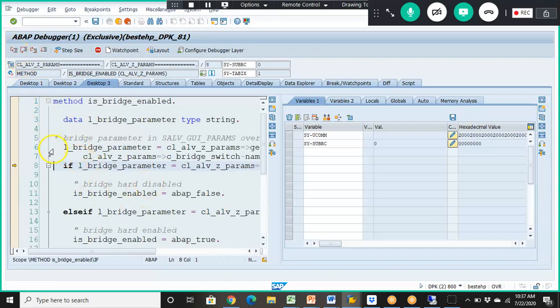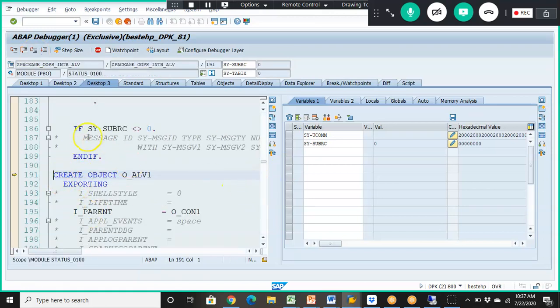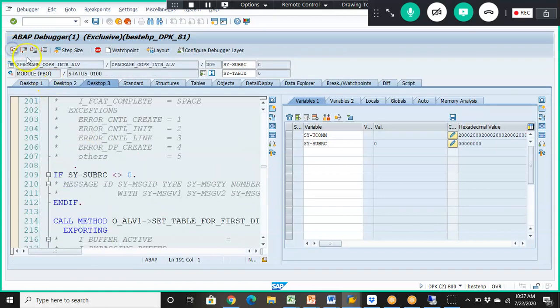Now there is an if and if in all these things. So if we are inside the method, let's say inside a loop or inside an if statement, and you want to come out of the if statement, then you have to click the third button, that is F7. You can also use the F7 shortcut key. It will come out of the if statement. So when you are inside the loop, you have to use F7. But if you are at the beginning of the loop, you have not entered the loop, and you want to skip that loop, you can just click F6.